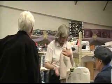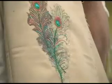Okay, look, it came out beautiful. And I stitched it on the border out front. And next it will stitch the same line again. Now it will attach